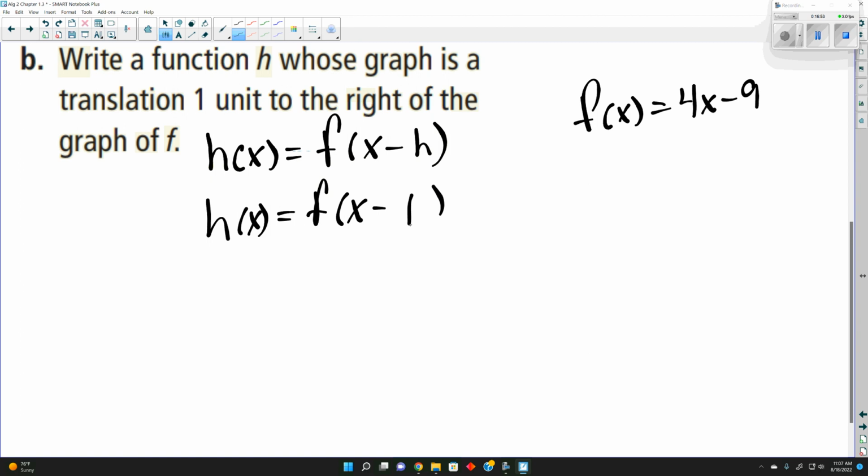So we have this first step, because this is helping us understand how it's going to affect this function here. We still have to apply it to the function itself. So this time, we don't just have f of x, we have f of x minus 1. Anywhere there's an x in this equation, we're replacing it with x minus 1. So this x is now going to be x minus 1. So instead of having 4 times x, we're going to have 4 times